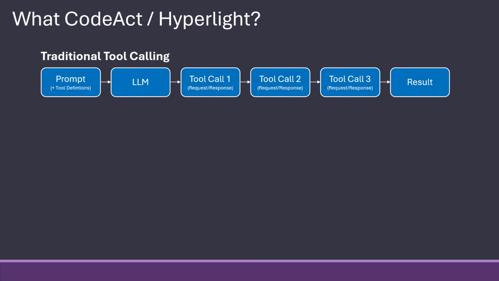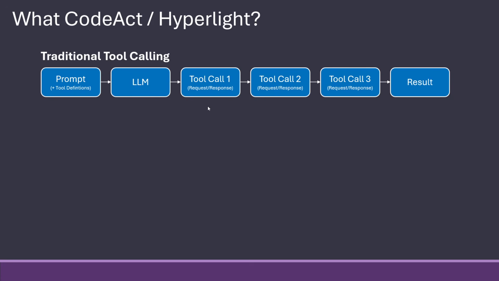Because when you have traditional tool calling in an LLM, we of course have our prompts and our tool definitions, and then we ask the LLM to do some kind of task in that prompt. And it might need to use 3 different tools in order to do that.